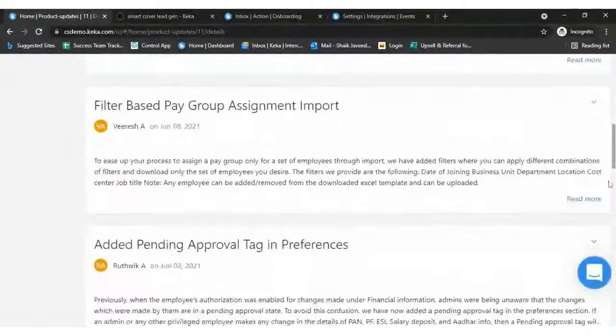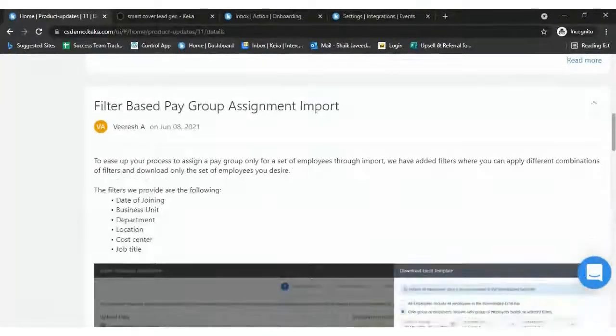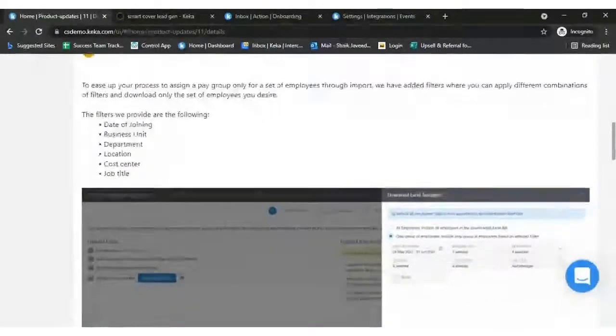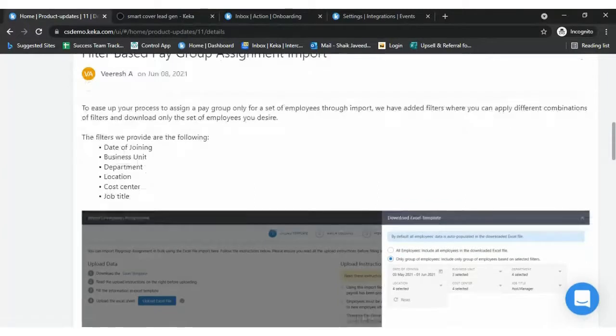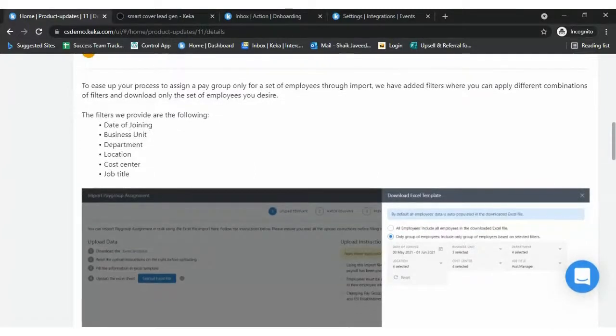right? We also got this feature where, let's assume you want to update the pay group assignments for a few selected employees. Earlier the report used to get downloaded for all the employees.